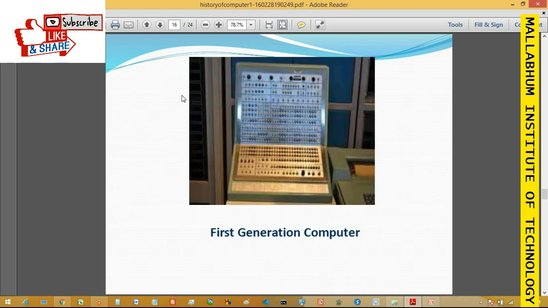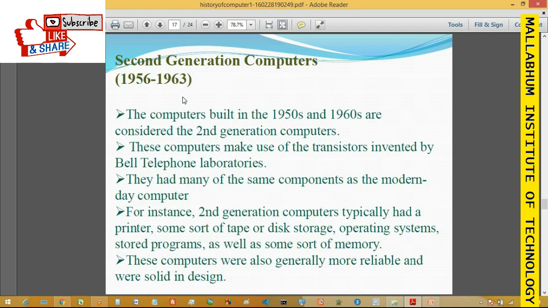That is the example of the first generation computer, and now we go into the second generation computer, which lasts from almost 1955 to 1964. This type of computer is built with the help of the transistor, which is the next version of the vacuum tube. The transistor was invented at Bell Laboratories. The size of the transistor is generally less than the vacuum tube, so the second generation computer is smaller than the first generation computer, which is built with the vacuum tube.